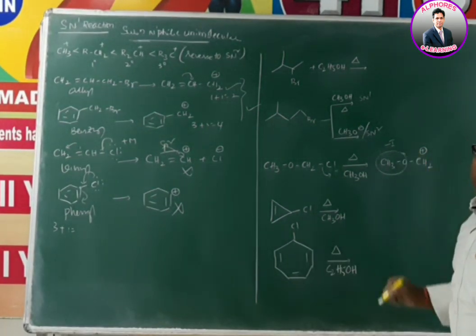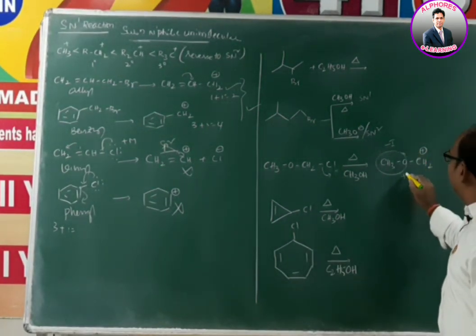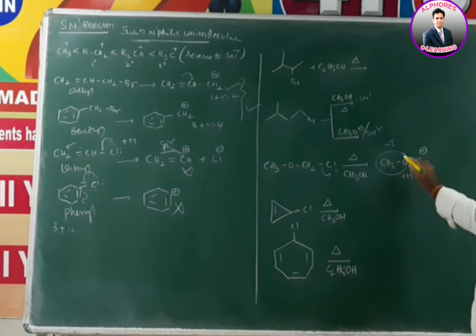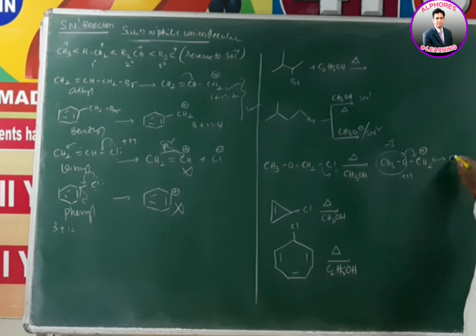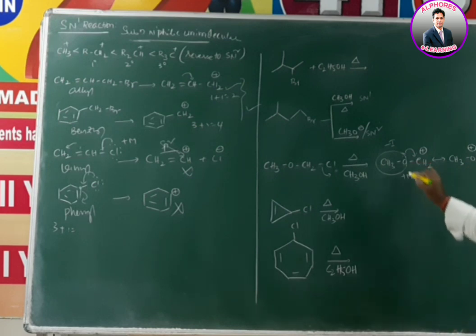Here, not only minus I, the oxygen is also plus M. It donates its lone pair to carbon. So this carbocation is highly stable. We are not supposed to think it is unstable. Because this carbocation is highly stable, from it we can get the SN1 product.